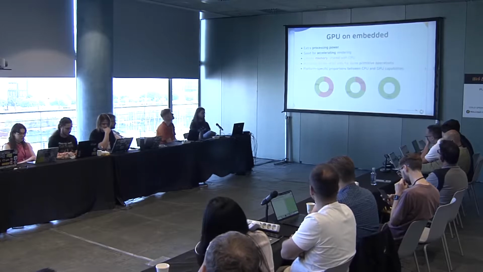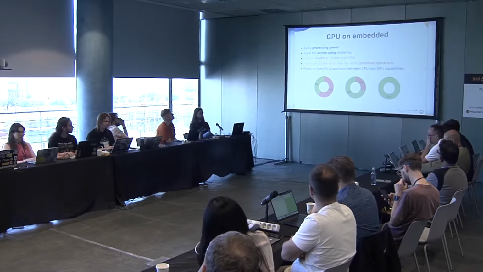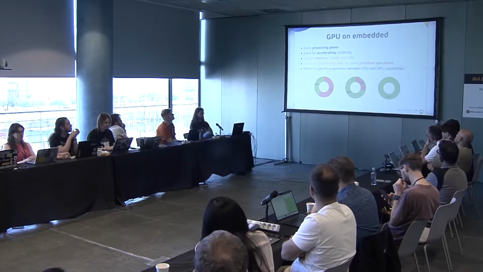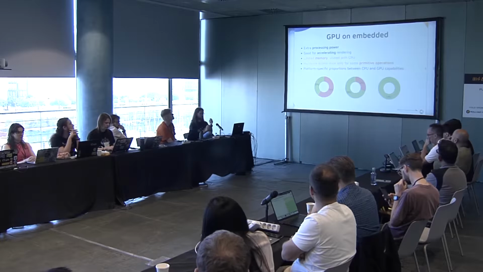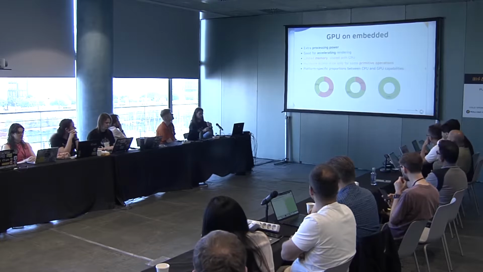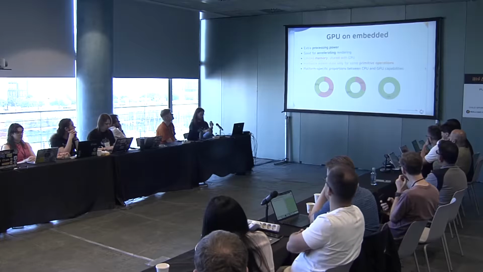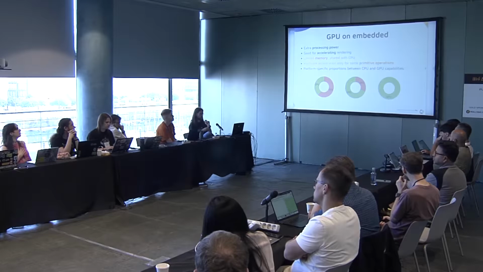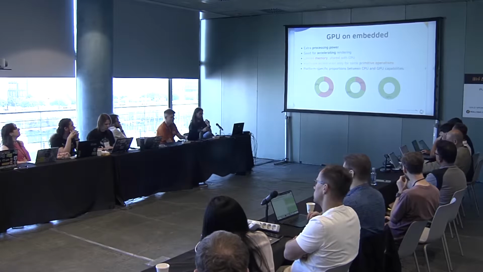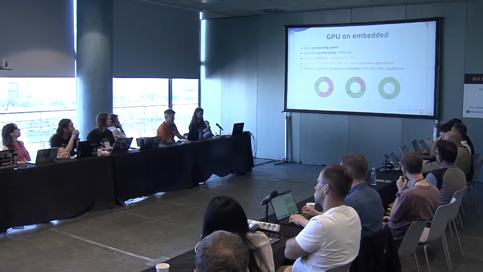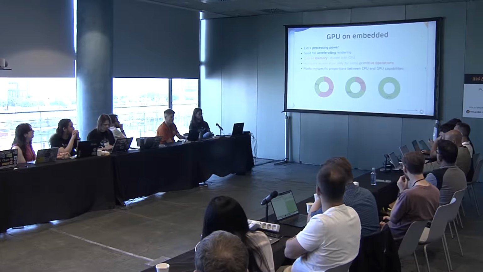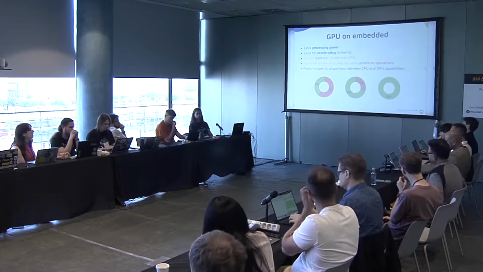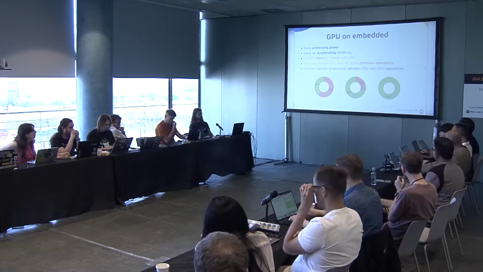However, on embedded devices, the situation is very much different. Of course, the GPU means extra processing power. You can utilize that. It's still great for accelerating rendering in general. But the thing is that on embedded devices, GPUs usually have limited memory. It's often shared with the CPU, so it introduces some problems. Also, the acceleration is usually not as good as on desktop, so you may be missing some extensions of OpenGL or whatever. But the biggest problem is that on embedded devices,